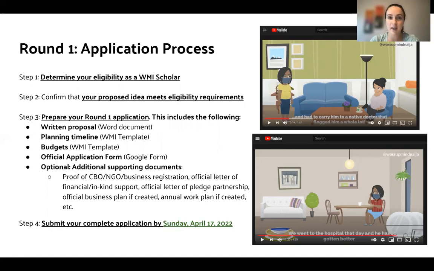You should download them and work with them as you're preparing your round 1 application. You can also upload additional supporting documentation within the application form. So perhaps some of these additional supporting documents would relate to what you are proposing to seek funding for. And then finally, submit your application by Sunday, April 17th, 2022.